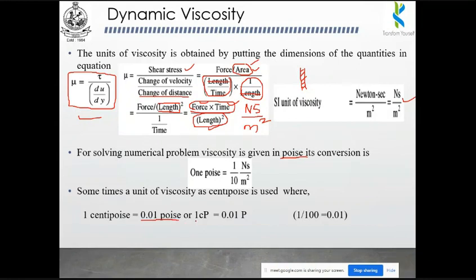So, similarly, we can call it as 1 centipoise equal to 0.01 poise. Similarly, if you want to convert this particular Newton seconds per meter square into centipoise also,